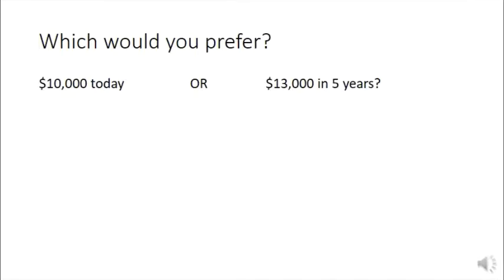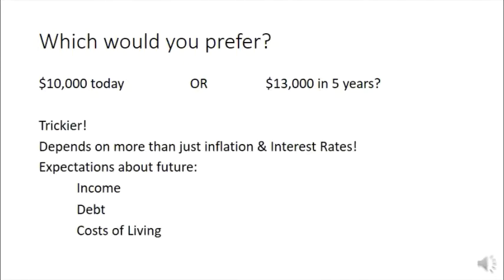But when we take that time value of money into account, the question becomes a little more complex. So take a minute now and think about which you would rather have, $10,000 right now or $13,000 in 5 years. And this is much trickier because it depends on much more than just how money is changing over time and this time value of money. It depends on what we think is going to be happening in 5 years. What we think $13,000 will get us, not only because of relative cost of living, we might be in new places, but maybe we've incurred debt, maybe we're making more money than we were, maybe we're making less money than we were. Our expectations about the future really play into this concept of time value of money,